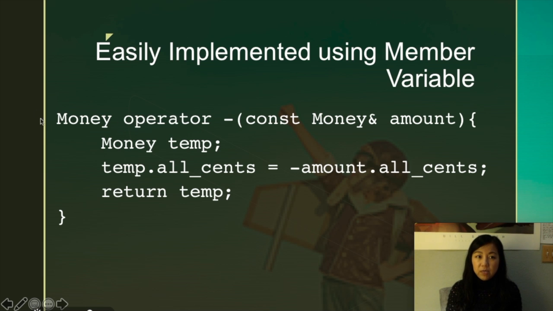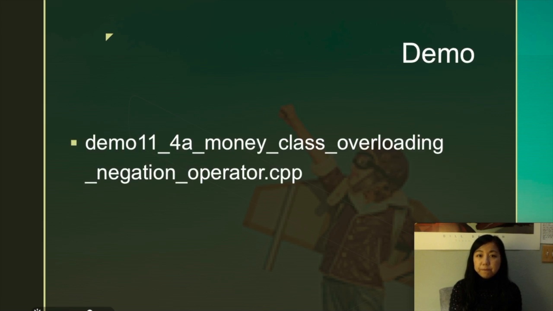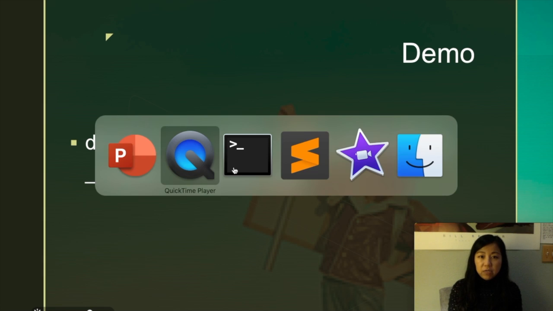we are not putting anything in front. We don't have to say money :: before the name of the friend function. And then in the implementation, we can actually use the allCents, which is a private variable, which is basically the reason why we use a friend function. So to demo,